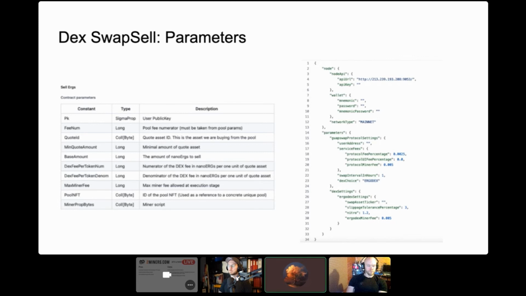And then on the left, these are the parameters in the ErgoDex swap cell contract. So whatever information you provide in the file, as well as the amount you received in mining reward, we use that to calculate all these parameters. And that's what we feed into the contract to create their ErgoDex box. And that's how the bots, when they pick it up, know what token you want to swap for and how to calculate the right amounts.